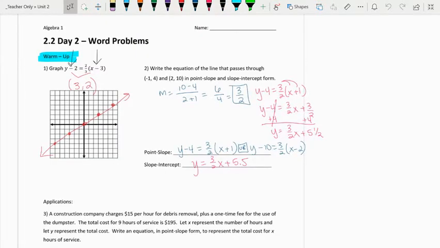All right, so at this point, these would be the answers that you would be able to use and to see. There are a couple different options, so I'm just going to walk you through it. Number one, I'm going to bet that most of you probably solved for y, and you would have gotten y equals 2/3 x, and that's it. Okay, 2/3 x plus 0, or however you wanted to write it. So that's totally fine because then you start at 0 and then you move up 2 over 3